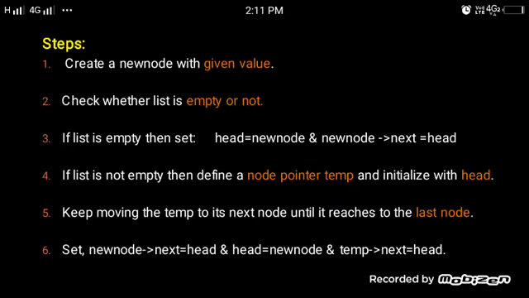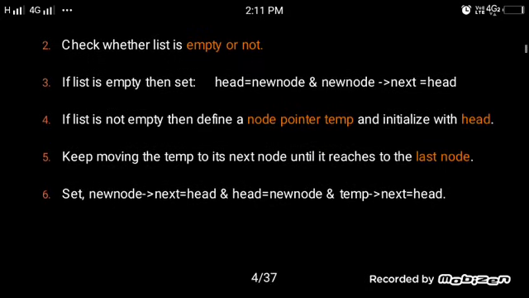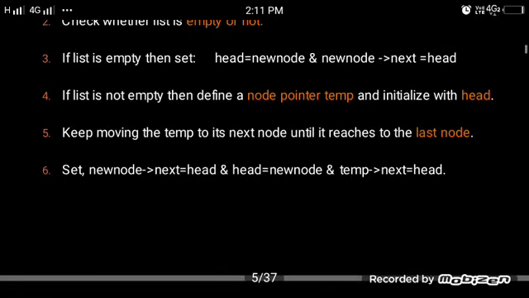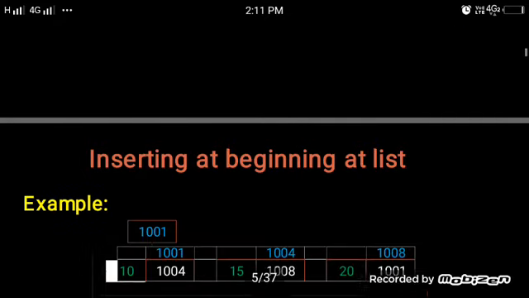After that, set the new node to the next. Whenever we link the new node to the next, that holds the head; head has some address value, and head is equal to the new node. The new node will be the address of temp's next, and that is head. This is how these operations can be done.